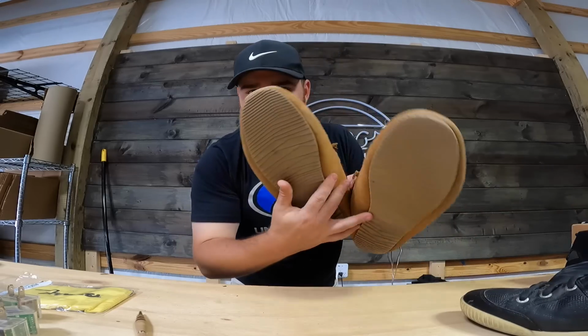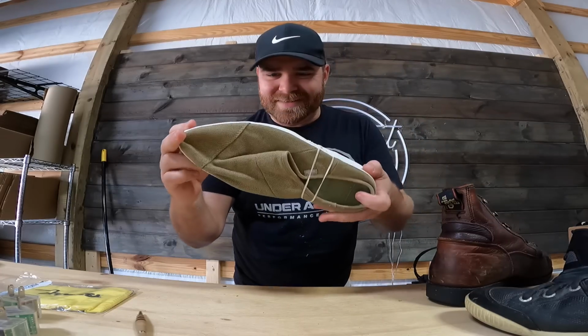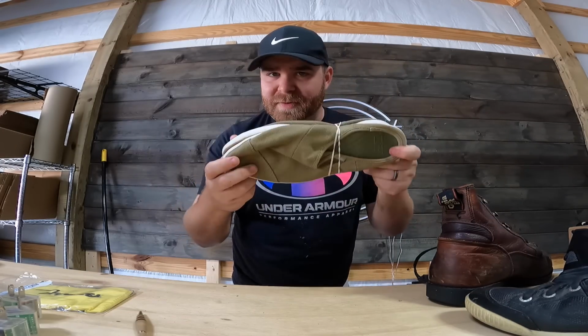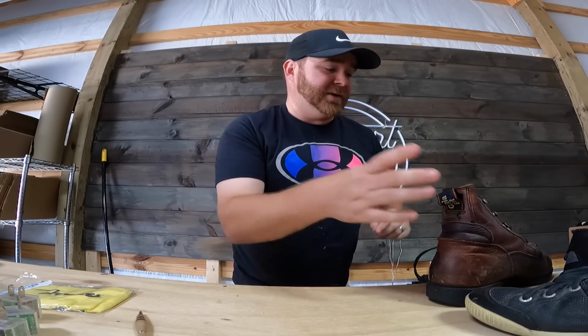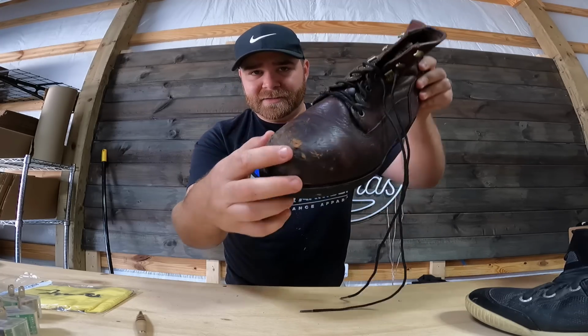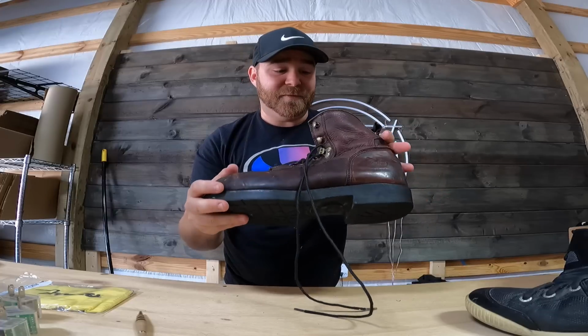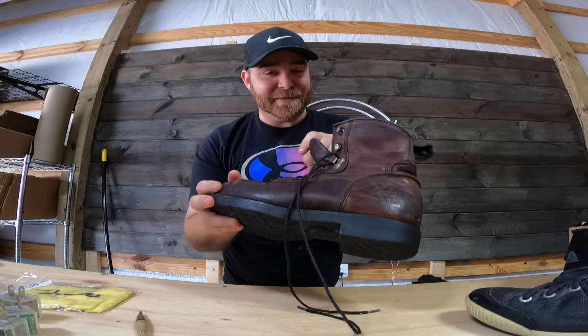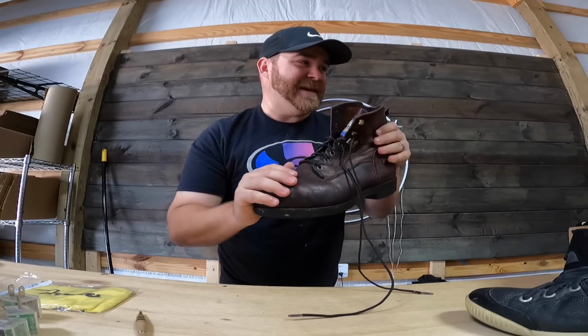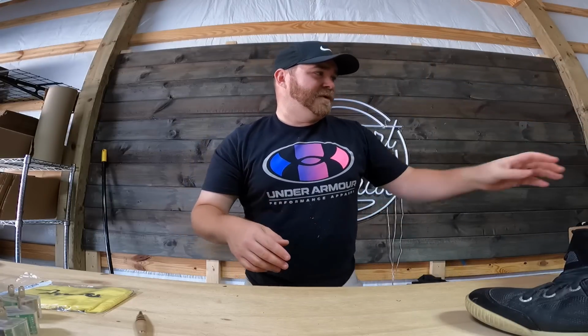I may put these Clarks slippers on Whatnot just because they're not really worth a ton of money on eBay either. We've got this pair of women's Sanuks, like not sandals, like slip-on shoes. We might put those on Whatnot because they're not worth a ton on eBay. But this pair of Georgia boots that I picked up, even though they are a little scuffed up on the toe, I still think we could probably get about 35 to 40 on eBay. But if we put these on a Whatnot auction, they would probably sell for $8. So these are going to go to eBay. Most of the shoes are going to go to eBay, but all this little other stuff will definitely get moved over